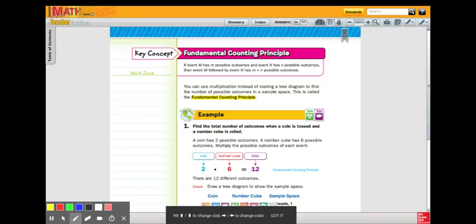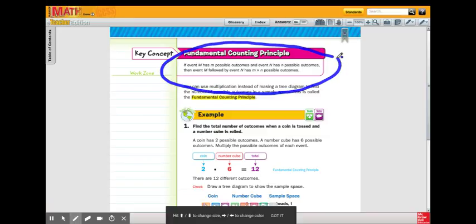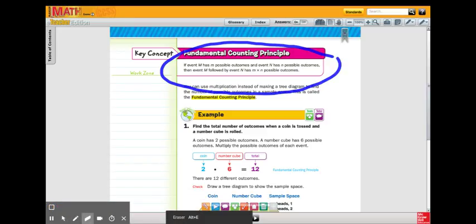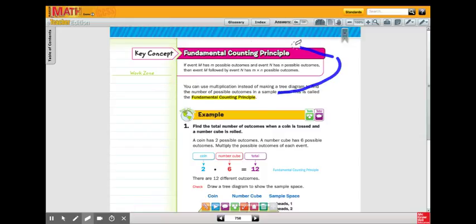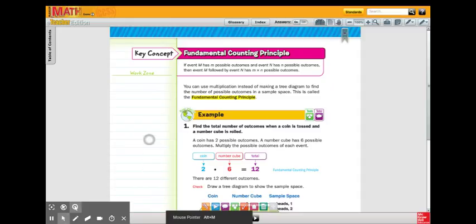And it says right here, top of the page, if event M has M possible outcomes and event N has N possible outcomes, then event M followed by event N has M times N possible outcomes. And yeah, so, I really wonder what that really means. Let's find out. If you look down here